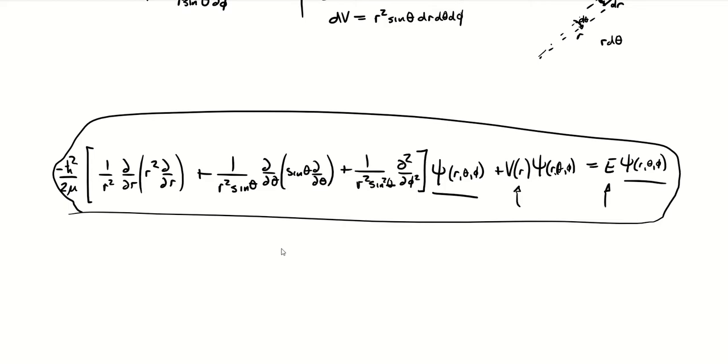The way we're going to go about this is just like we did in the previous part where we got the center of mass and the relative coordinates. We're going to look at this relative wave function, and we're going to use separation of variables and realize that this wave function that's a function of r, θ, and φ can be written as a function that is only a function of the radial component and a function that we're going to call spherical harmonics later on that is only a function of those angular components.